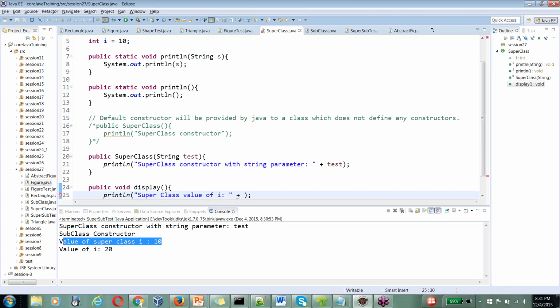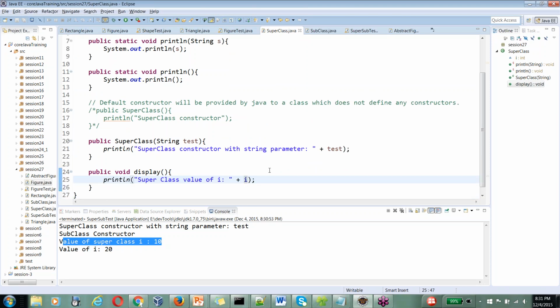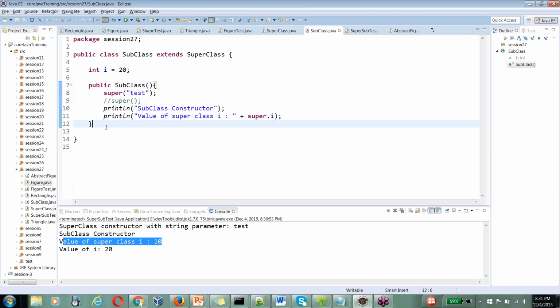No, you cannot call like that, Kavita. That's what I tried, right? So you will not be able to call that way. So here you can call this way, superclass value of i. Superclass value of i. So it is defined in superclass, okay, and the value of i, and then you can have